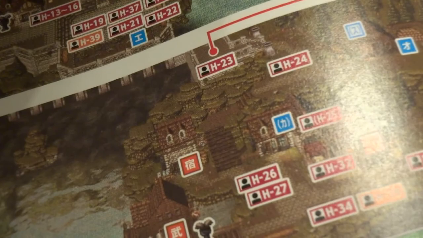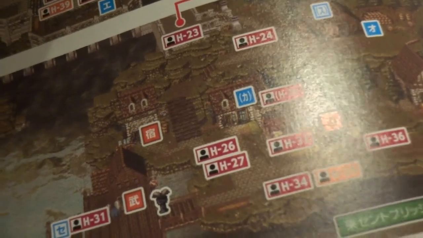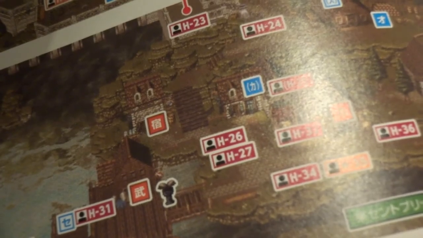It does not tell you any information in regards of inn cost, or for that matter, where the locations of the inn or the weapons and ale shop are. I guess they just kind of want you to look at the map and determine it from the signs that they have on there, but they're so small that you can barely even see them. That is a bit annoying, but